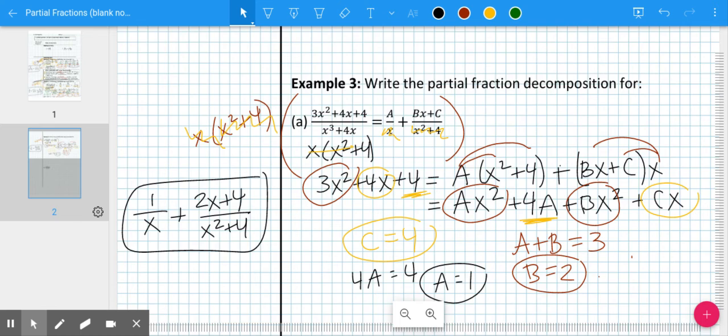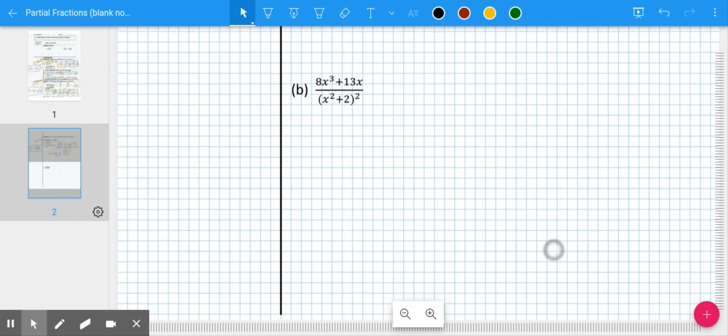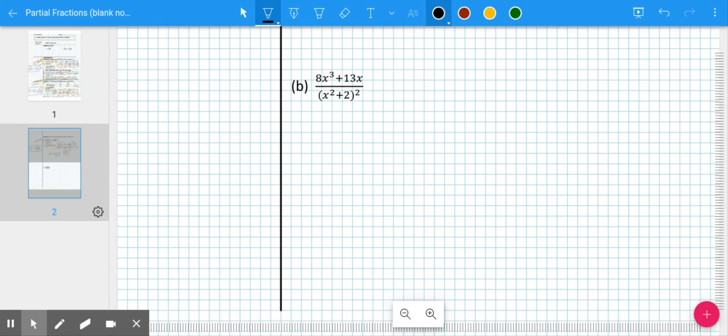One more problem today. This is part B. I would like you to try the setup. Pause me, write the setup on your paper, and then continue this video. What we have here is we have a quadratic factor, x squared plus 2, that can't be factored anymore, and it is being squared. So we are calling this a repeated quadratic